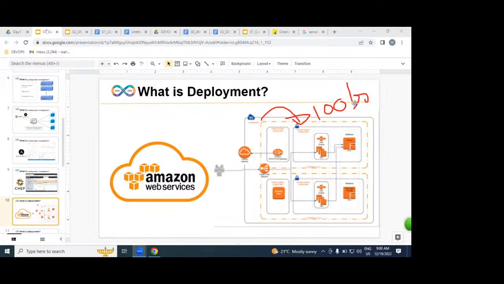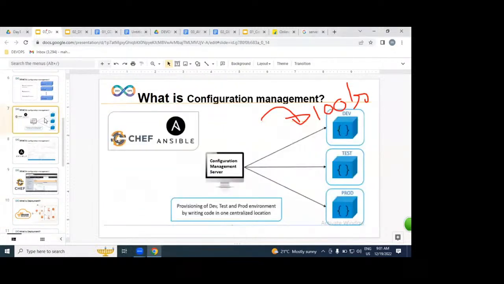If you have a laptop, we can configure it. If you don't have a laptop, from where can you get it done? That is the question. In how many ways can we get servers? Physically, like your laptop, virtually, and cloud. Which cloud? AWS. We are going to get hundreds of servers from AWS. On top of those hundreds of servers, we can implement an automated process with the help of Ansible and Chef.